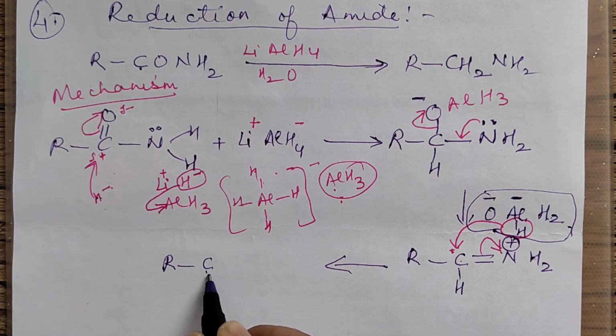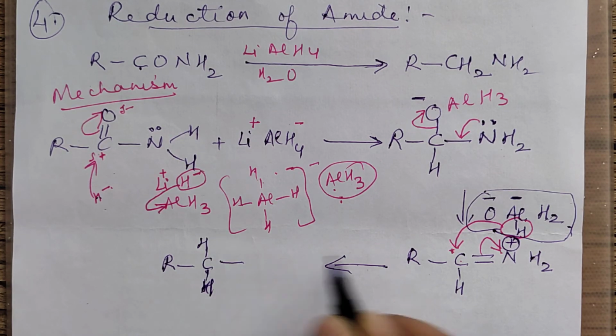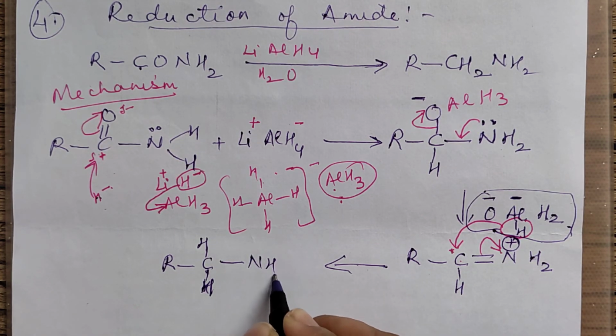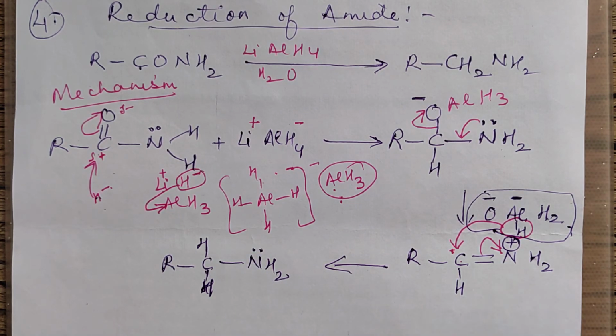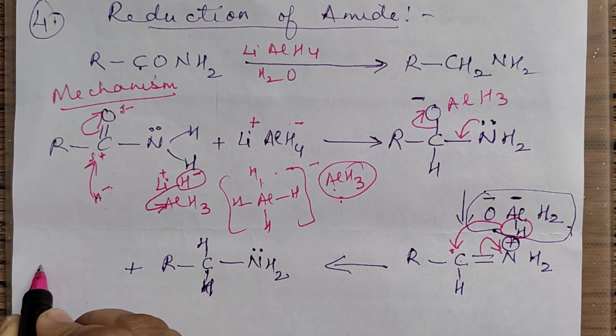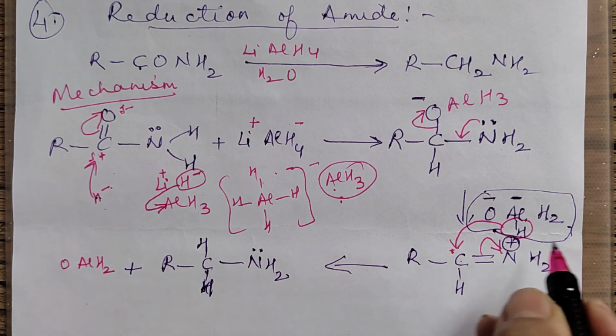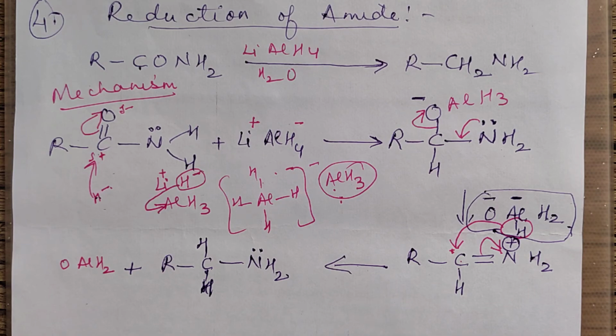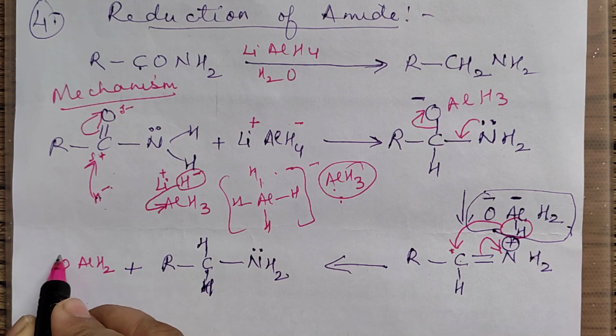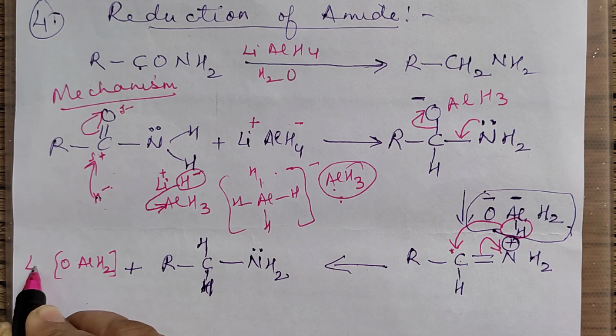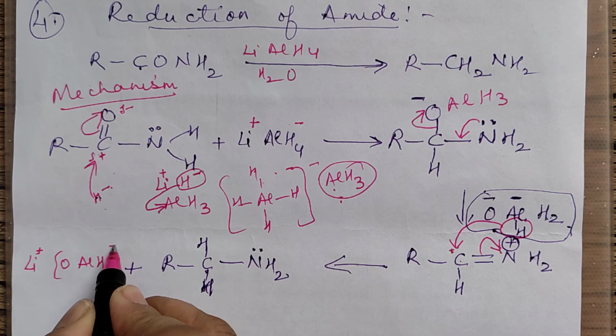Now when it comes and gets attached onto the carbon atom, what you are getting, just see. R, this is one H, one more H has come from the top, so that is another H. Now this has gone back on N, means it is NH2, and one lone pair of electrons of the nitrogen is back. What is left over there? Then let me write down that species separately now. That species is O, Al and H2, because that H minus has gone there. Right, so this is there, and of course you have here Li also. Right, so this is now a positive thing, this is now a negative thing.